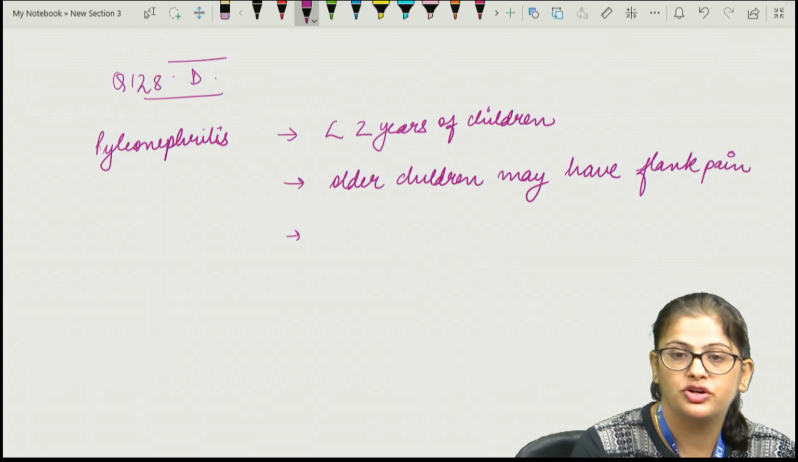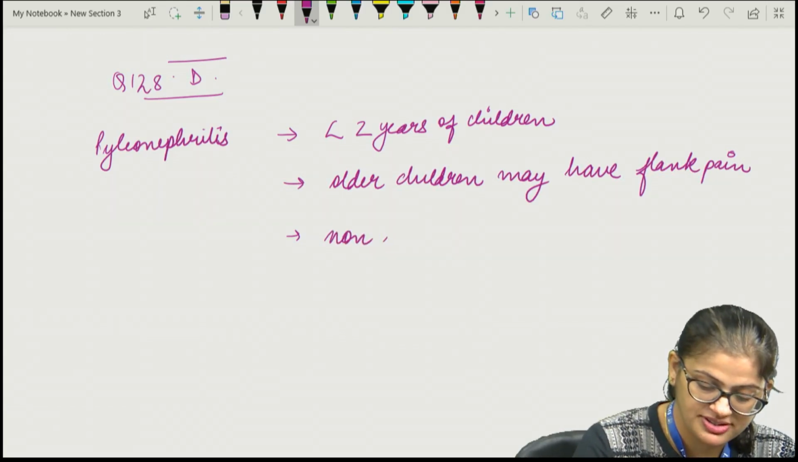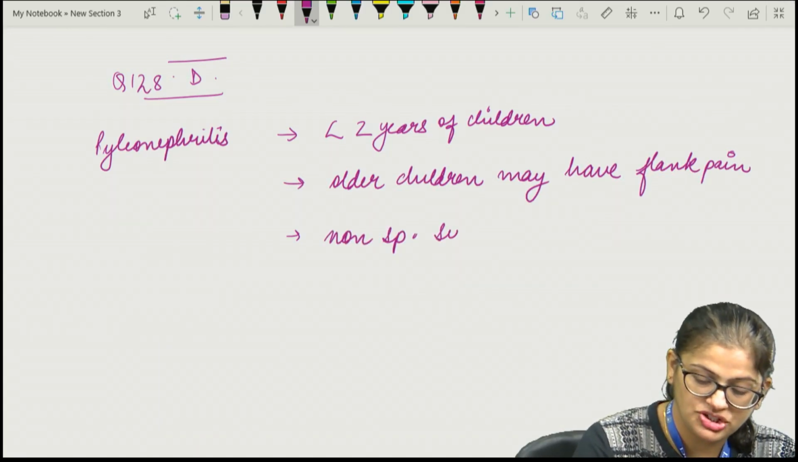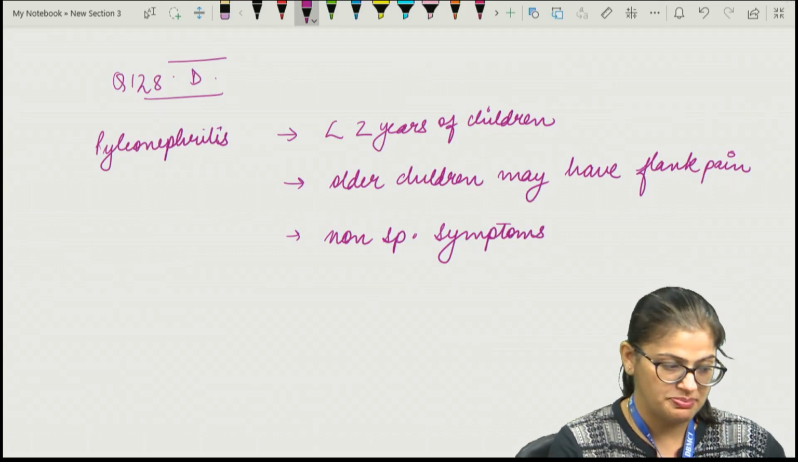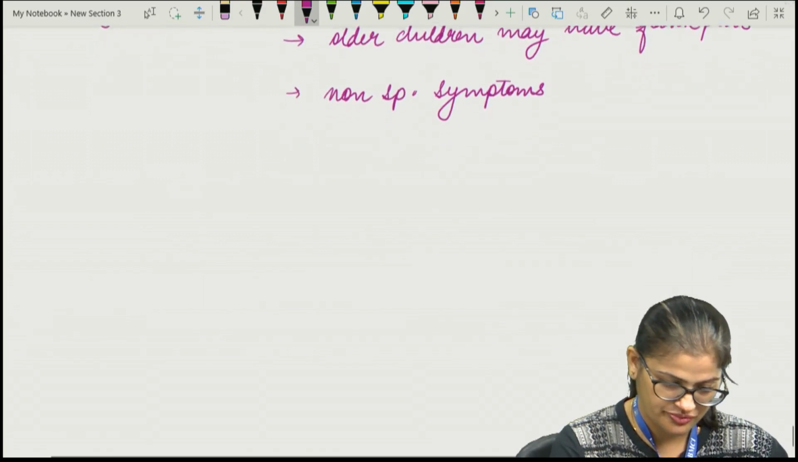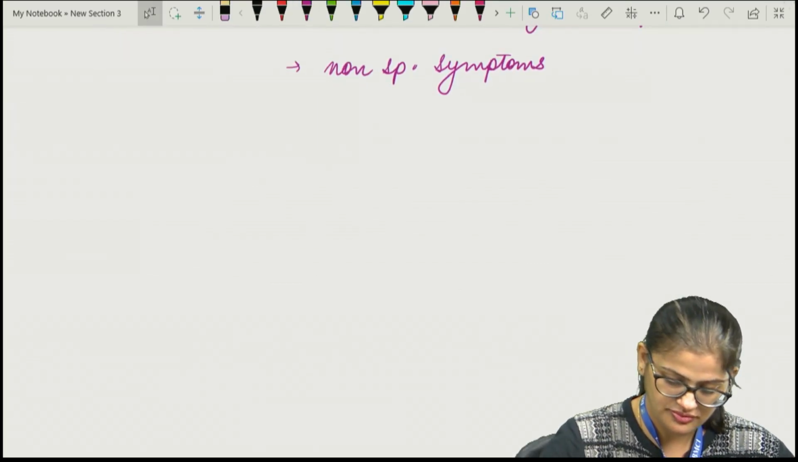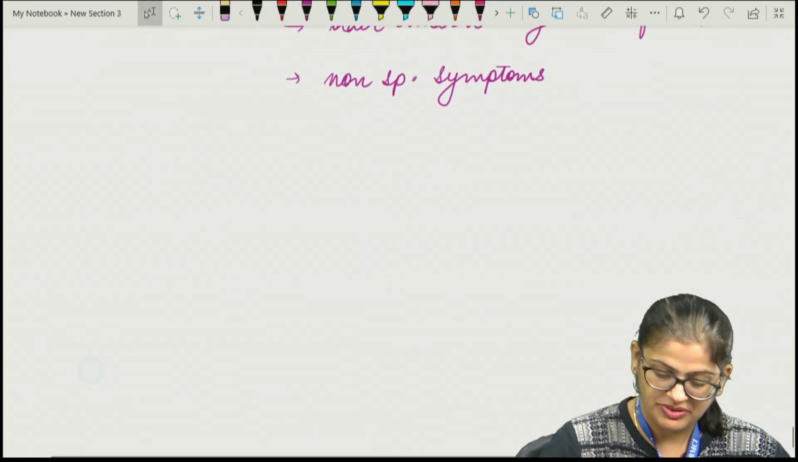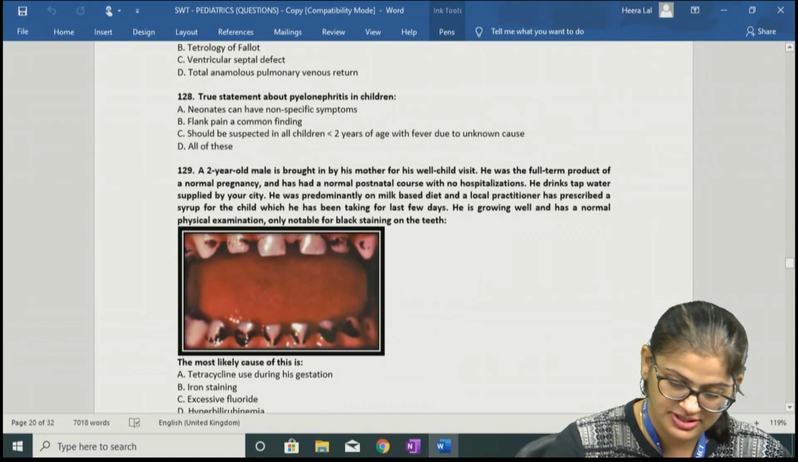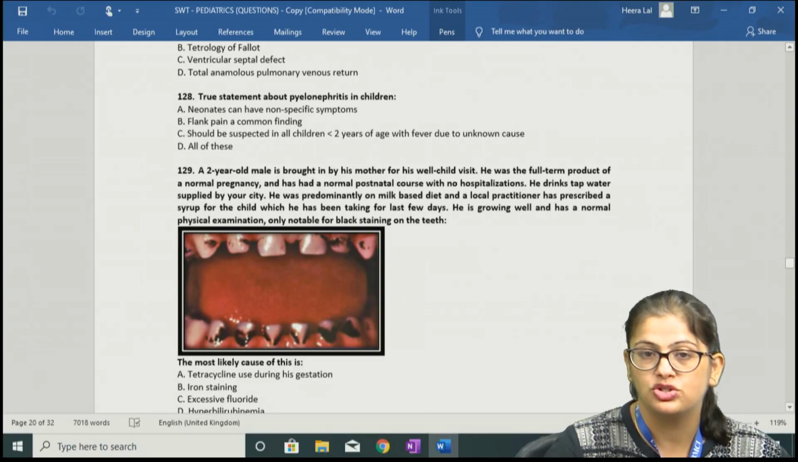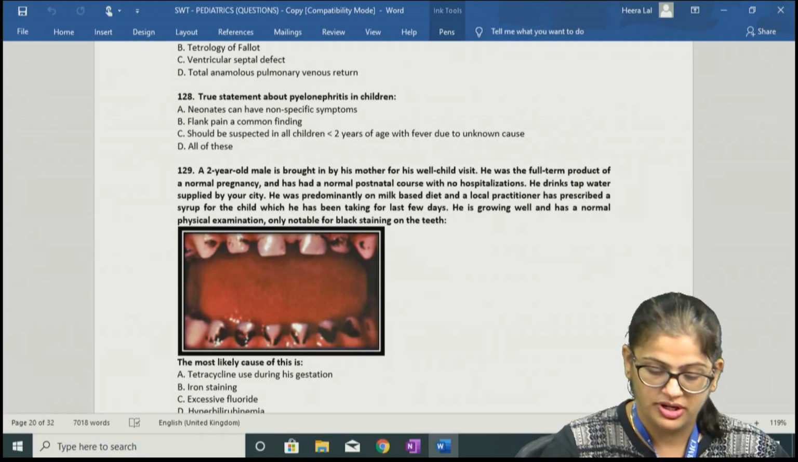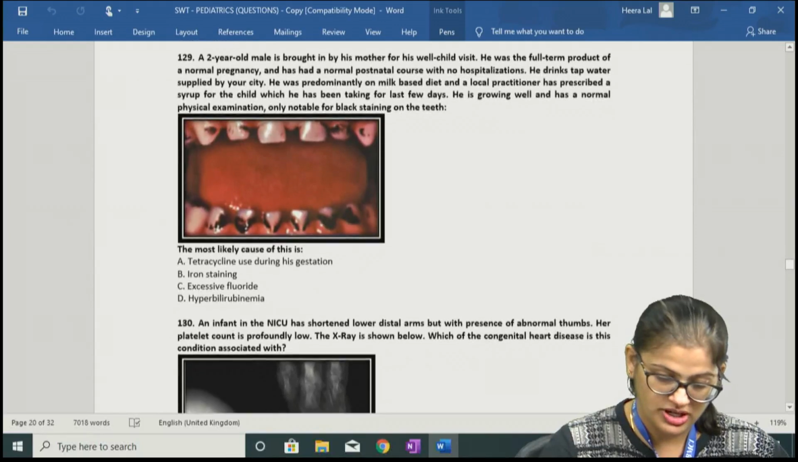But in younger children or in neonates, they may have non-specific symptoms which may resemble neonatal sepsis. And this should be suspected in any child who has non-specific symptoms, and it should be suspected in any child who is less than 2 years of age who does not have any localizing sign of fever. So next we come on to question number